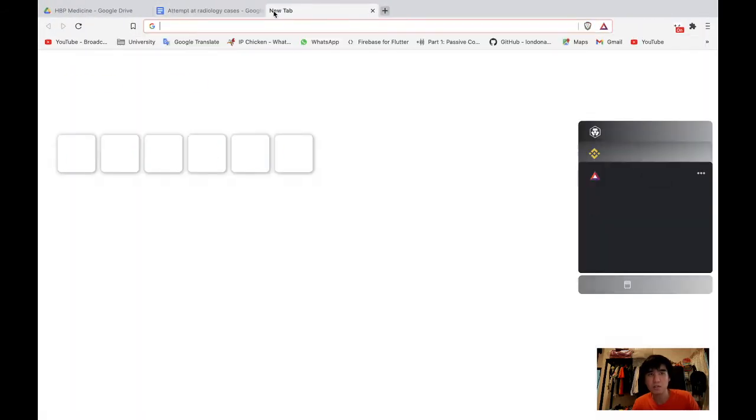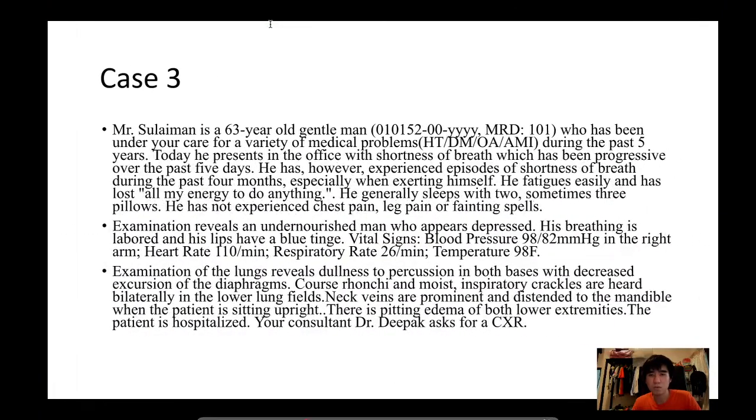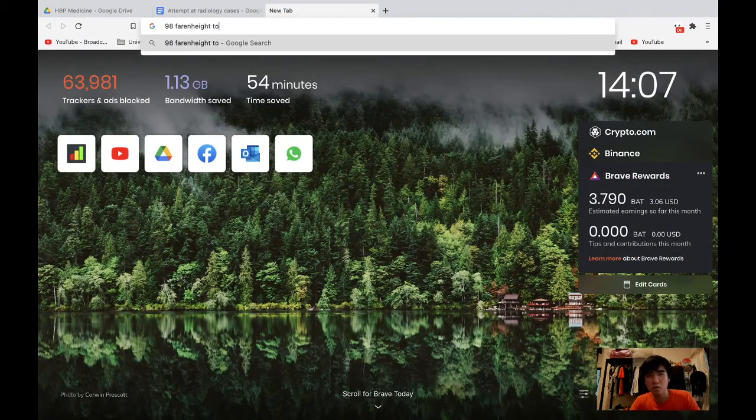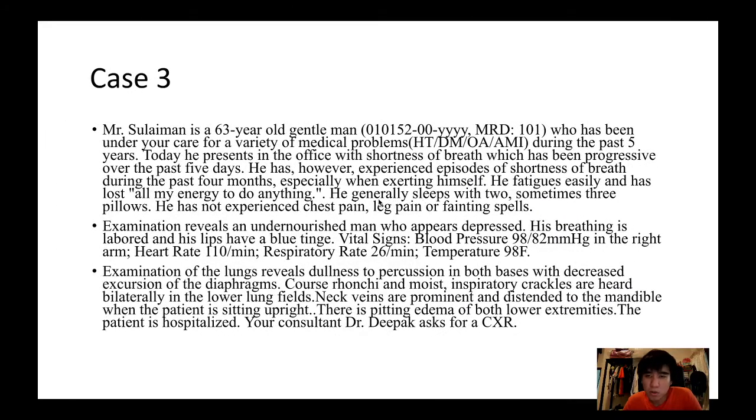I can look for it here. 98.6, so it's normal temperature. Examination of the lungs revealed dullness to percussion in both bases, with decreased excursion of the